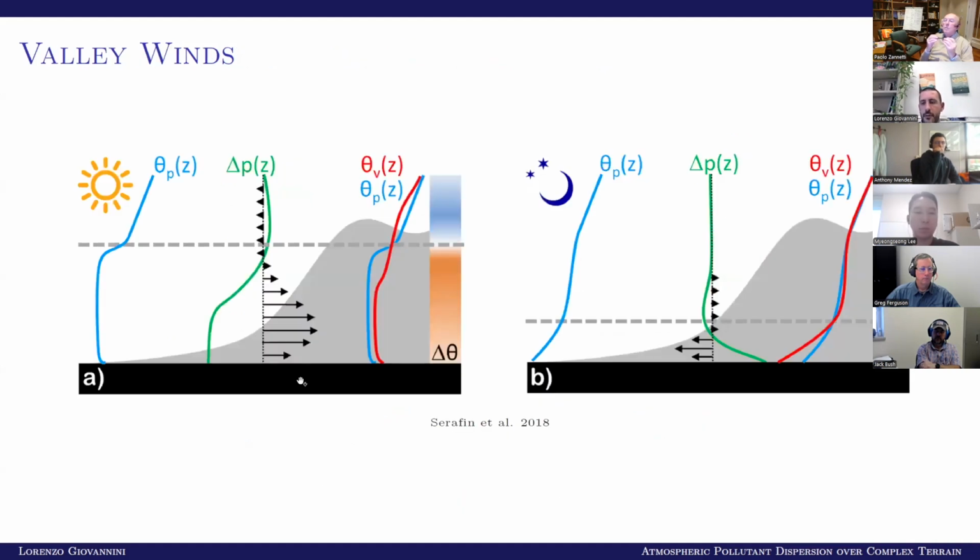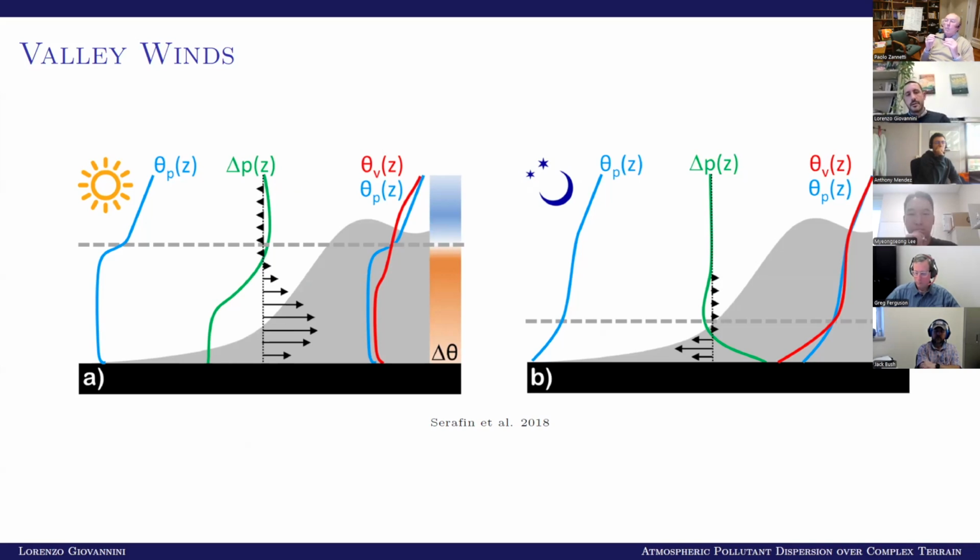So we have seen briefly what can be the effects of thermal inversions, and we have seen that thermal inversions can be stronger and they can persist longer in complex terrain than over flat areas. Then another peculiar meteorological phenomenon typical of complex terrain, in particular of mountain valleys, is the presence of thermally driven circulations. So we will talk a little bit about valley winds and slope winds and how these circulations can affect